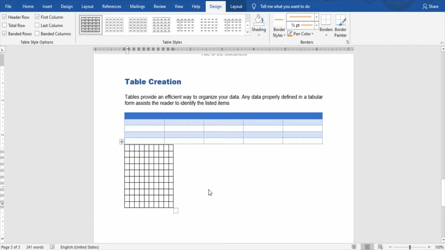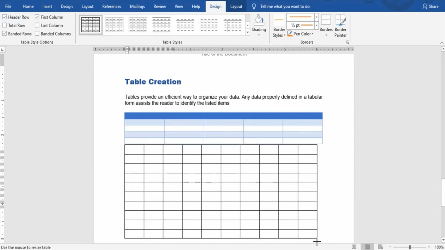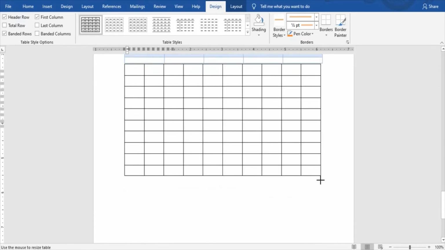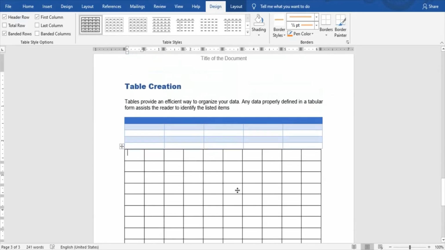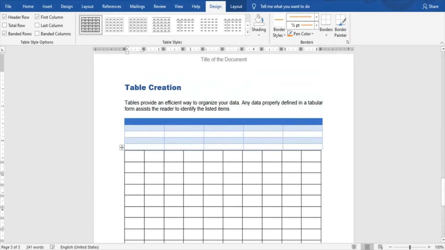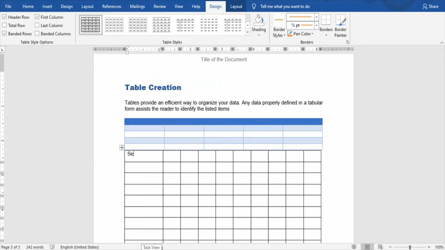So once I click on this, it creates this 10 by 10 table in this document. I can stretch it by selecting this as well. So I can do whatever I want based on this, and as you see, we mentioned